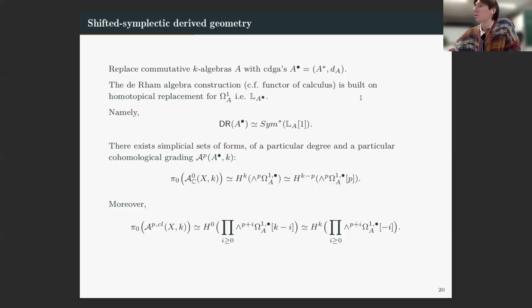Otherwise, you should take a cofibrant replacement, or replace your object by some kind of more general Tate-type resolution, and then you can apply the Kähler functor of Kähler differentials. Okay, so in this setting, if you want to look at this musical isomorphism, it won't be asking for non-degeneracy